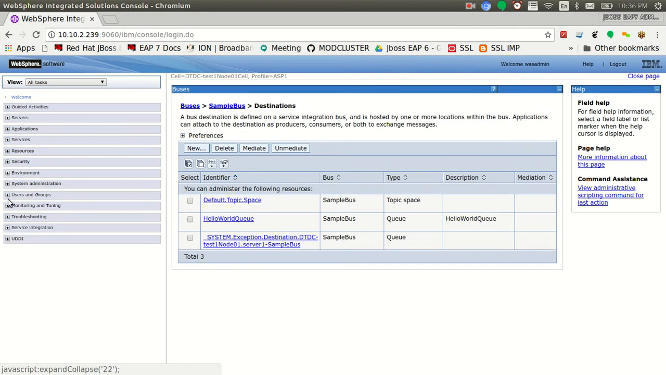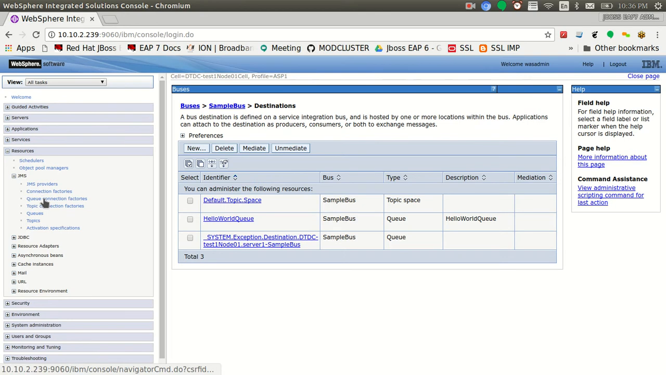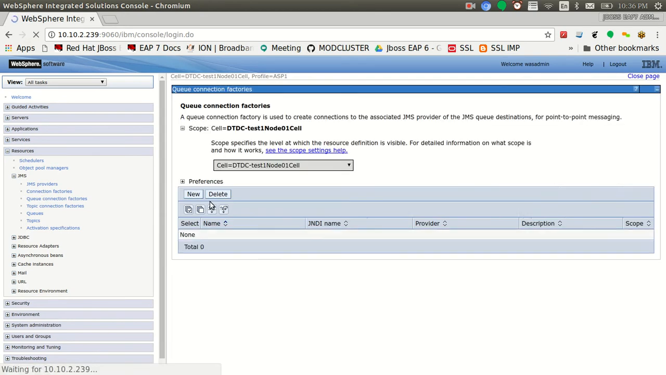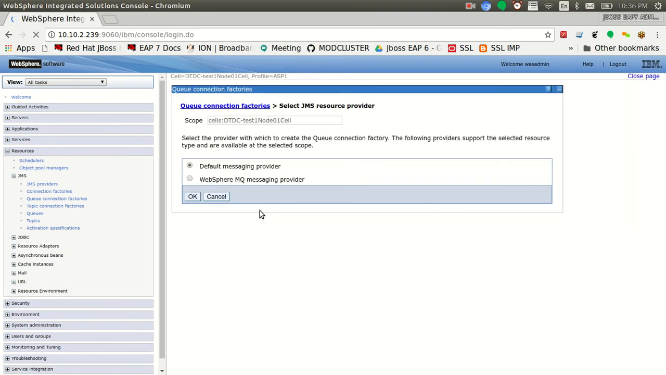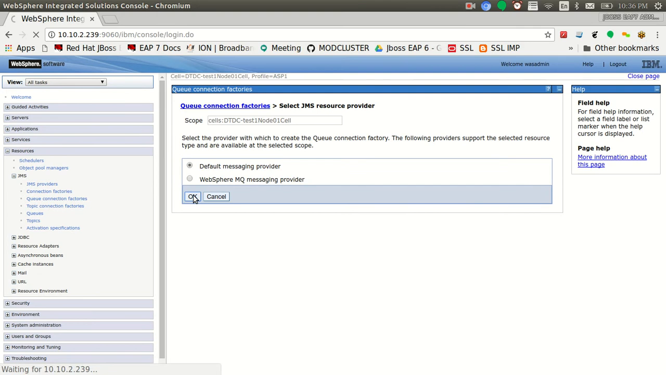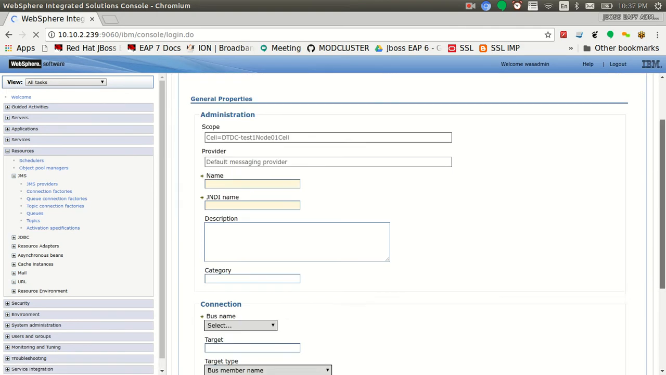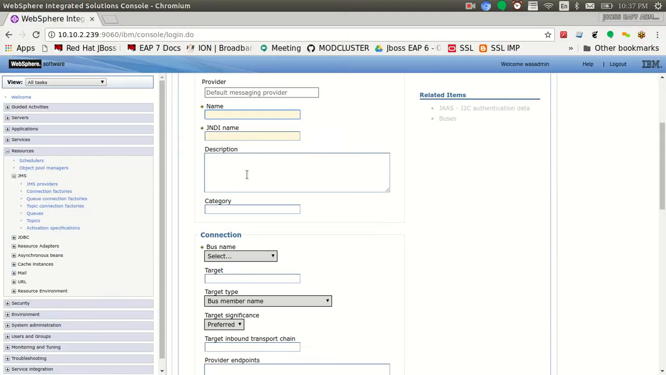Resources, JMS, connection factory, queue connection factory. Cell level scope, new, default message provider. This connection factory, I will go with this name. Then the description, this JNDI name,